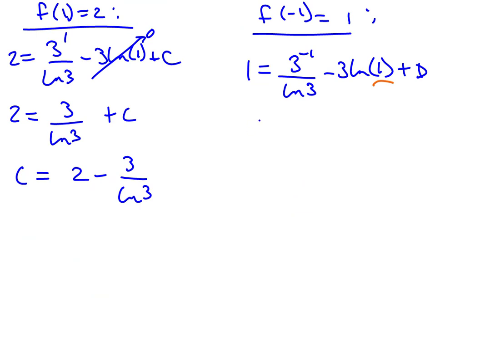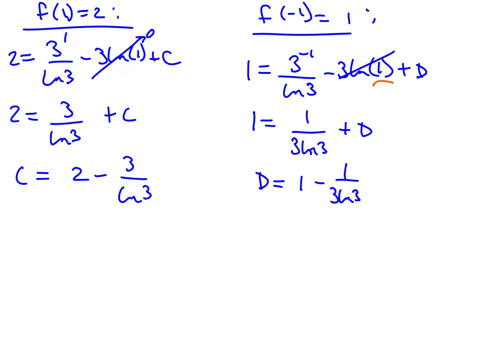Let's take this a step or two further. If we rewrite again, we'll have 1 equals, and then the 3 to the negative 1 will really become 1 over 3 times the natural log of 3. And then this natural log of 1, of course, that's 0, so that whole term drops out, like what happened in the previous case here. And then plus d. Now we can clean this up a little bit. If we solve for d here, we'll say d equals 1 minus 1 over 3 ln 3,